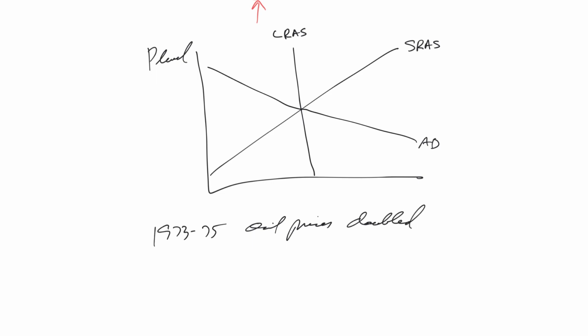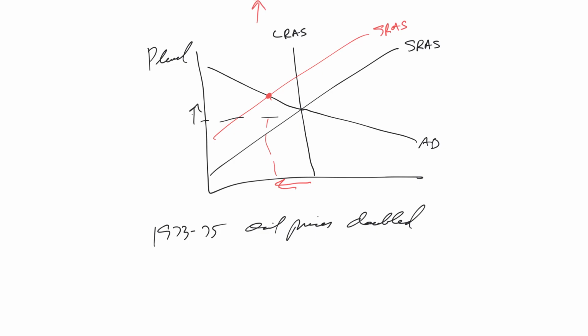What's that going to do to cost and inflationary expectations? So what happened there is this sent the short-run aggregate supply curve shifting up. We call that a shock, okay, a supply shock. So now we're back here. We have falling GDP, and we have rising prices. Okay, falling GDP and rising prices.